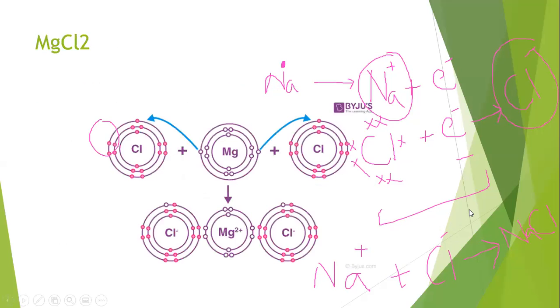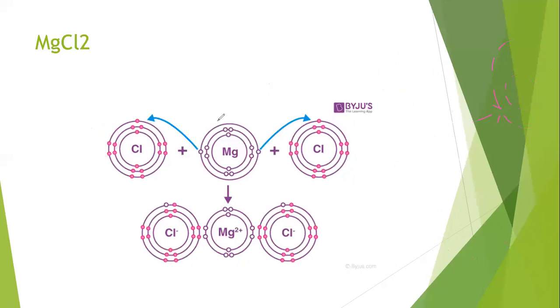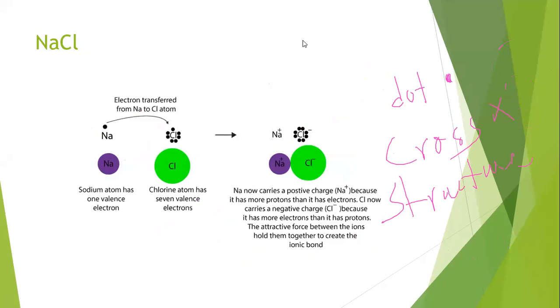Next, here you can see another example of an ionic compound. Before explaining this example of an ionic compound, I want to give you the idea about dot and cross structure. Nothing to worry about dot and cross structure. By the dots or by the crosses, electrons are represented. If you have a compound like this, NaCl, and the examiner says to draw the ionic structure of NaCl